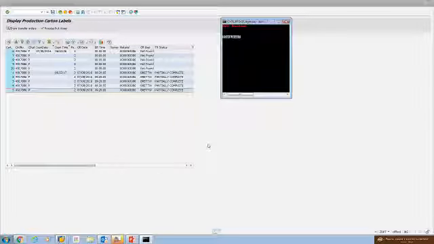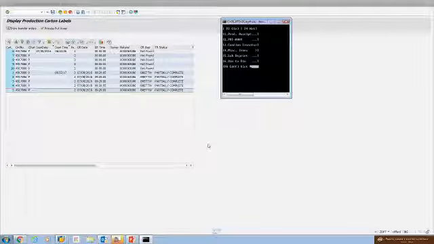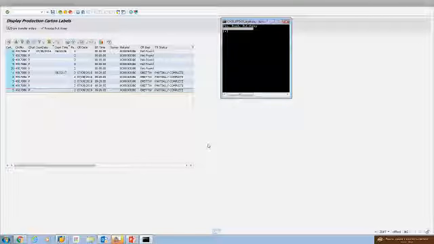Now, what I'm going to do here is hit continue, which is my enter button, and it's going to take me right back to the put away transaction. Generally speaking, when somebody's job is to do these production receipts, you're doing them all day long. So we just circle back. If you wanted to go back to the main menu, you can hit F3 here, but I don't want to do that. I'm going to go back to the production receipt menu,